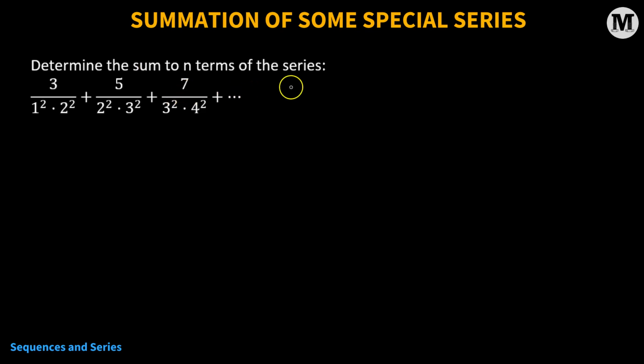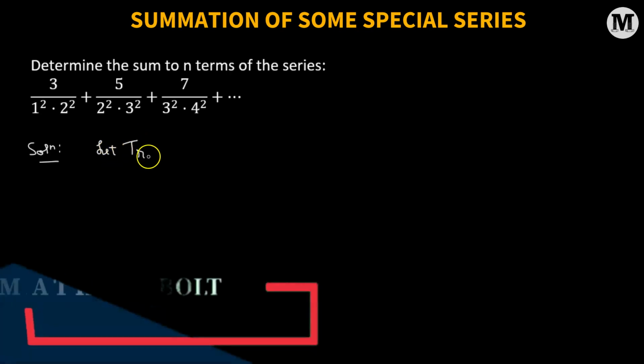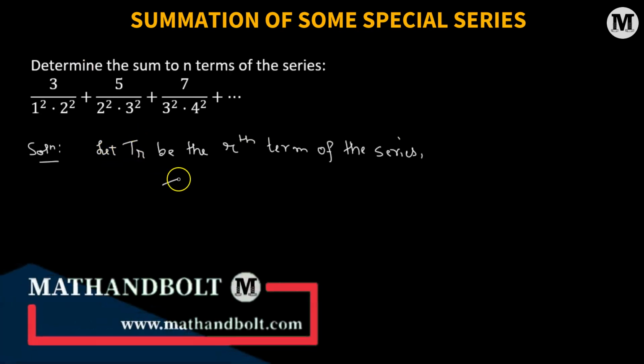Determine the sum to n terms of the following series. So what we'll do first, we'll try to find the rth term of the series. We're going to represent the rth term with tr. Now, in order to find the rth term of the series, we're going to consider a